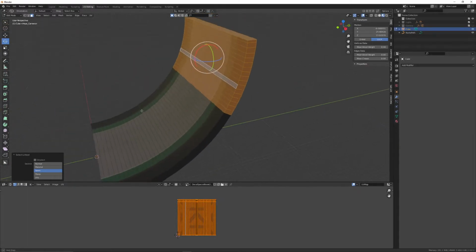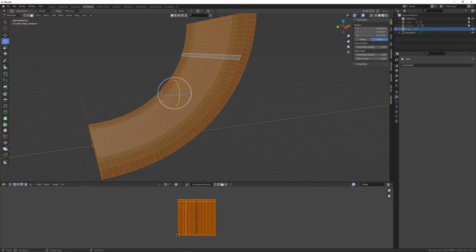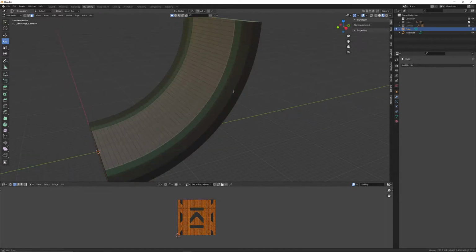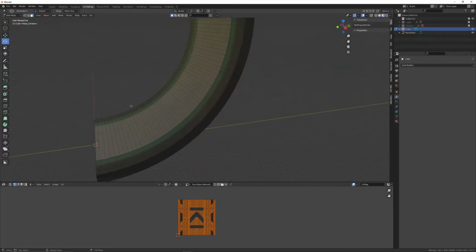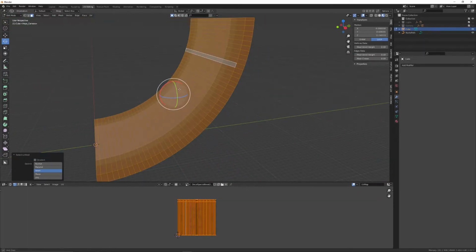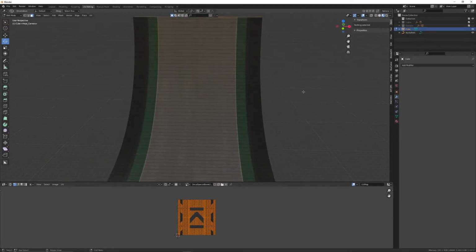It's all done. We can press A, select it all, press M on your keyboard, and say by distance. And this is going to merge all like vertices that are placed on top of each other together. All right. So now if I get out of it, that line's gone. It's all one piece. So if I press L, it's just one piece,